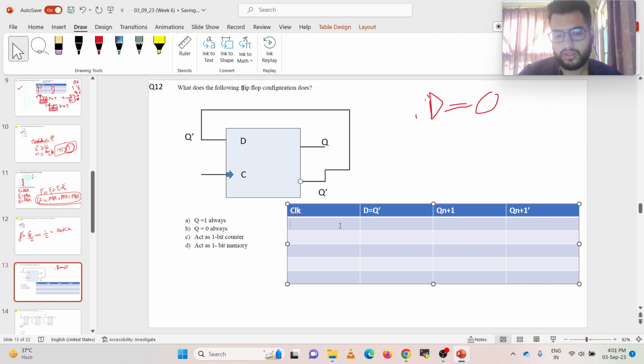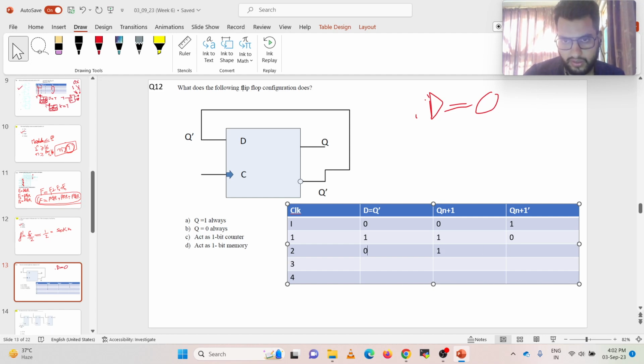For the first clock cycle, that is the initial clock cycle, I'll call it I. D is equal to 0, that implies Qn plus 1 is equal to 0, and Qn plus 1 bar will be equal to 1. Now the first, second, third, fourth clock cycle, here I will write. D is equal to Q bar, which will be 1. So that implies Q1 will be 1, and this will be 0. This will be 0, this will be 1,